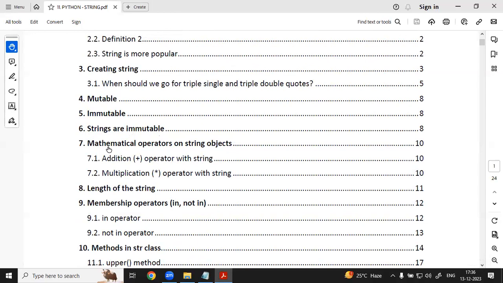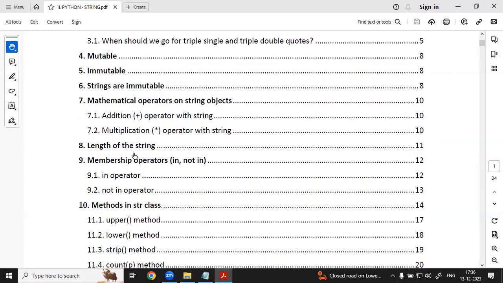Plus, if I say addition, then you have to imagine addition with numbers. If I say multiplication, multiplication with what exactly? Numbers. But surprisingly, there are a couple of operators in math. The first one is the plus operator, second one is the multiplication operator. These operators work with strings. We'll see what kind of nature we are going to get. That is the first point.